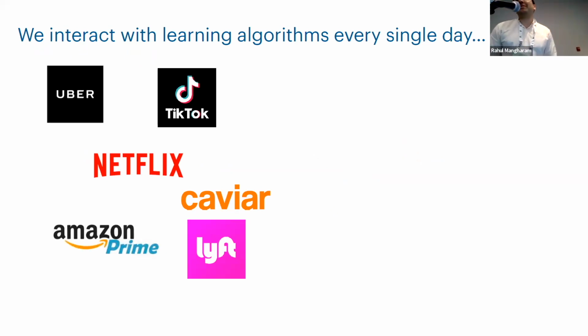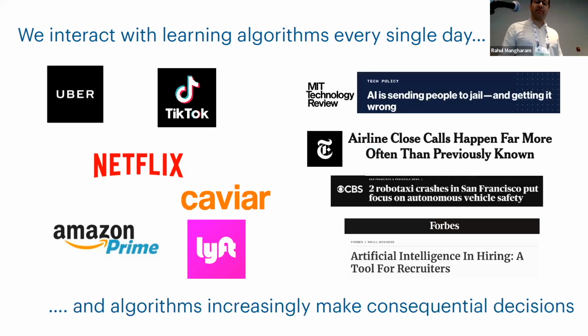So I'm going to start with a really 1,000-foot view of the problem, which is that we're increasingly interacting with learning algorithms every single day, right? When we're ordering something on Uber, watching something on Netflix, or interacting with something on Amazon, I think this goes to show how these algorithms have actually been deployed across everyday life. But these algorithms, if they're actually used in the real world, are going to be used for consequential decision making. And making sure that we get this right is very important